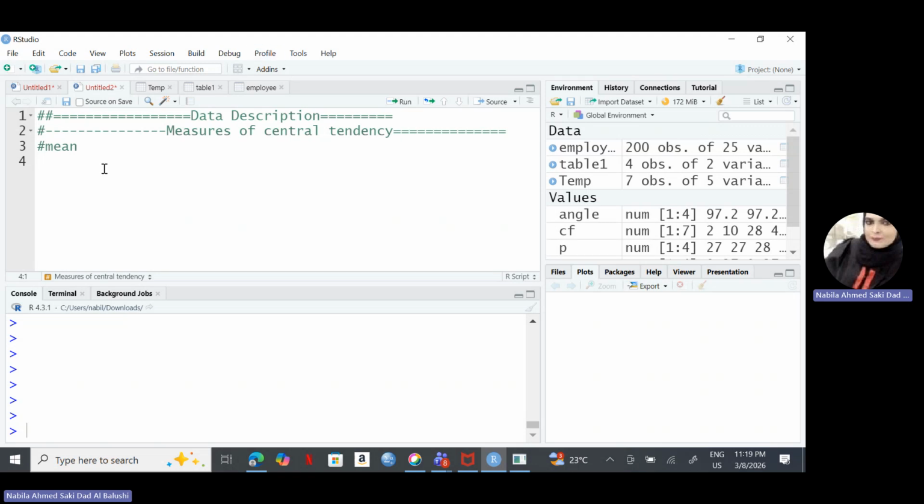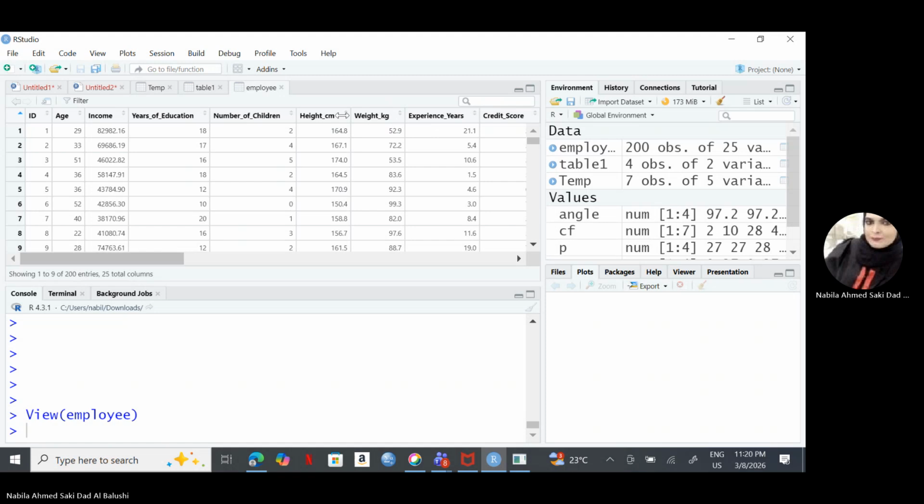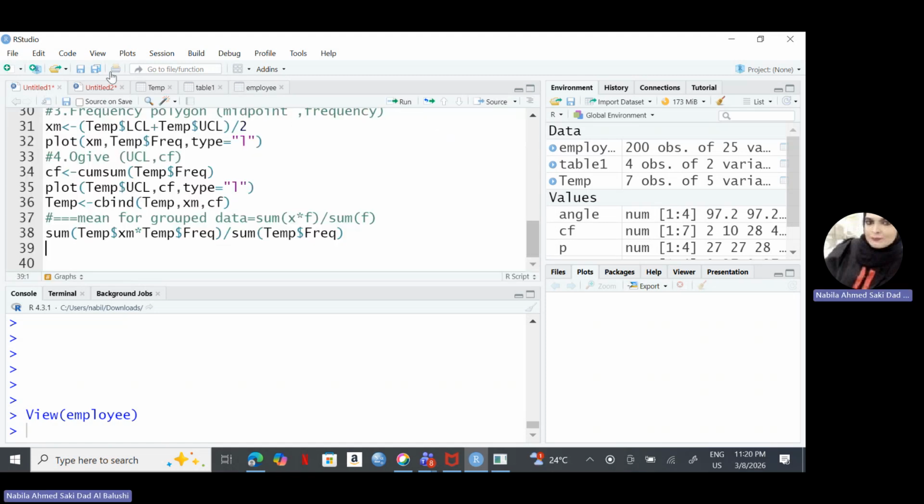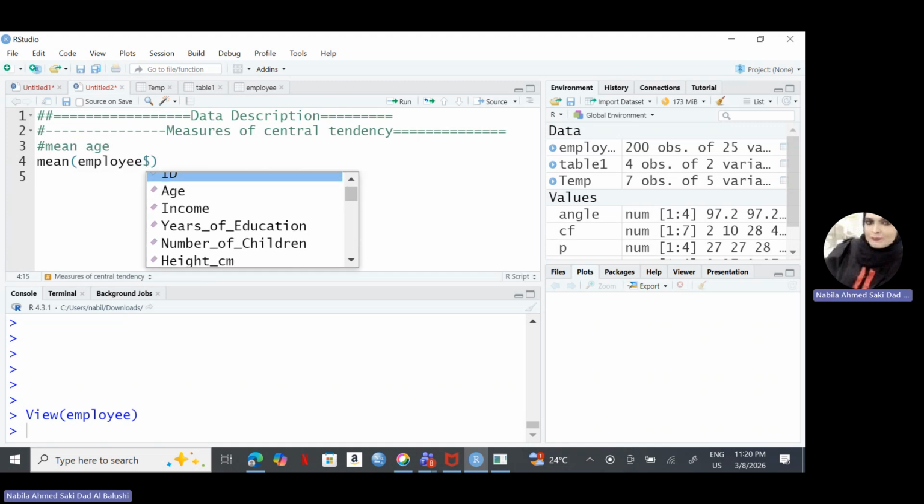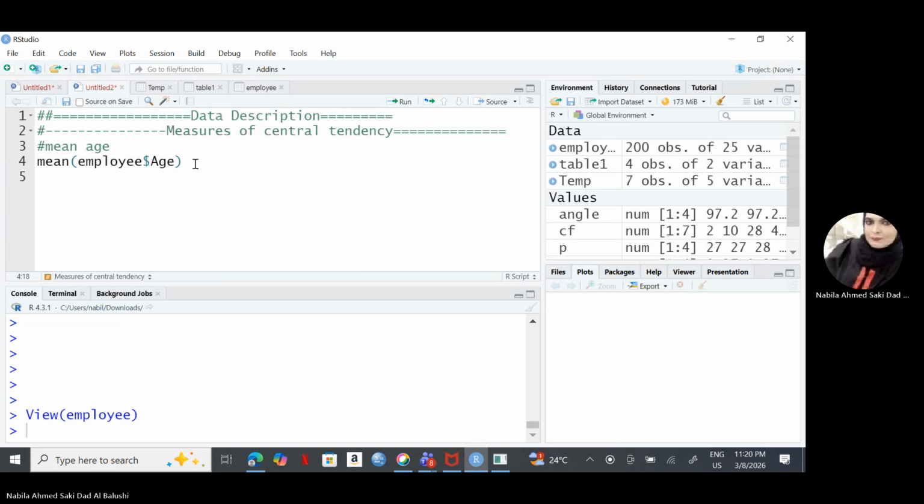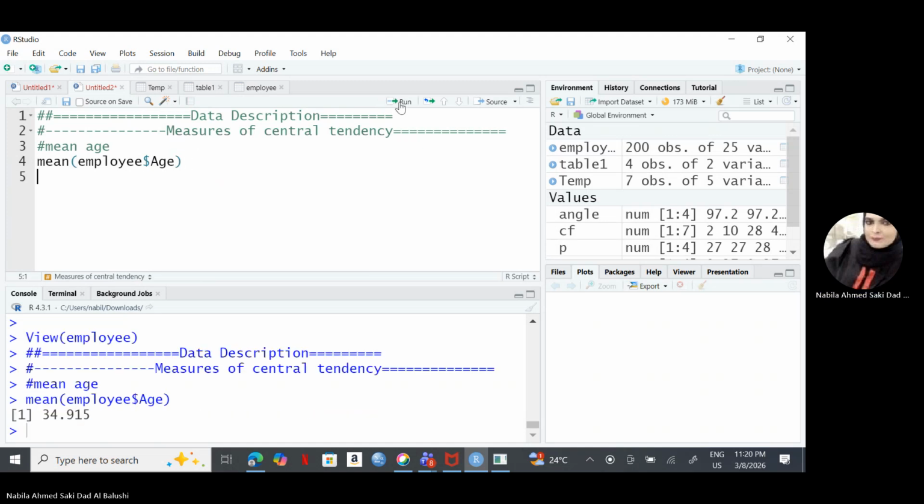Let's take one of the numerical variables in the file employee and compute the mean age of employees. The command used for mean is mean. Then we'll type the file name, $age, run the codes. We can see the mean age of employee is